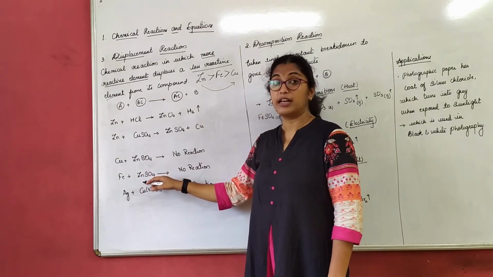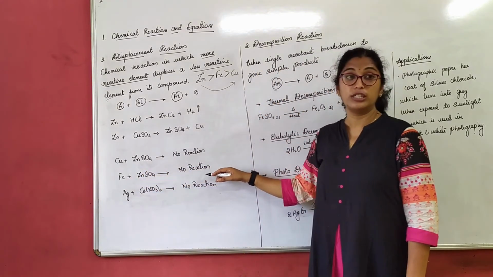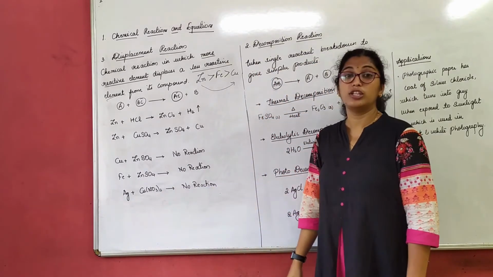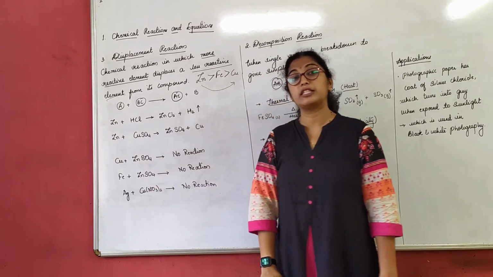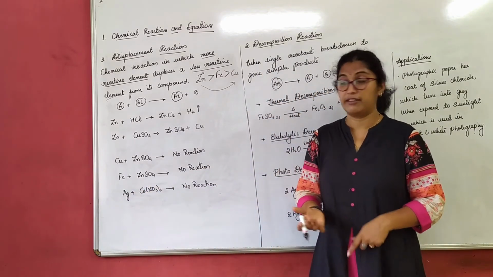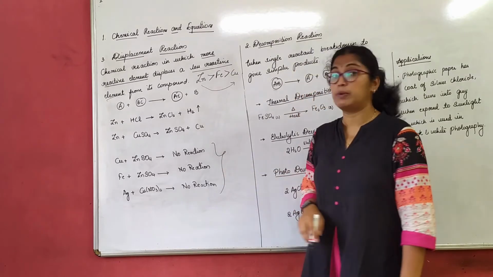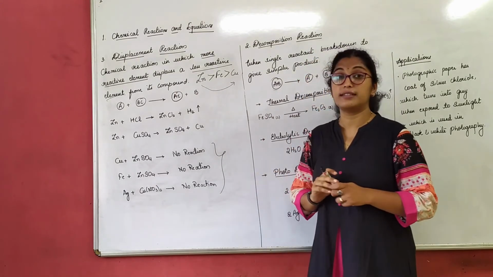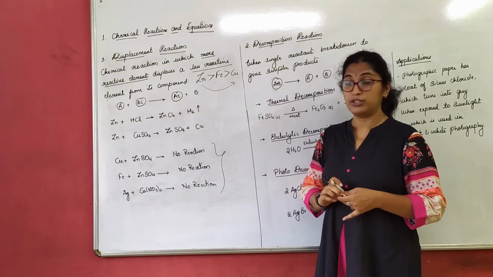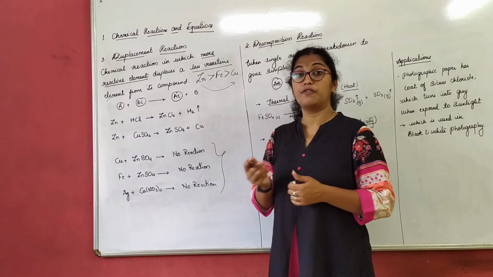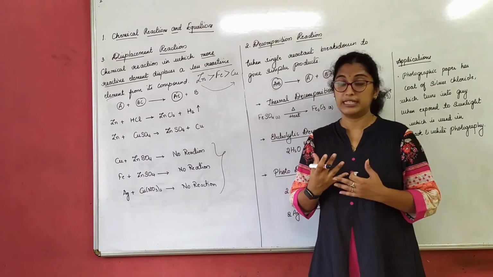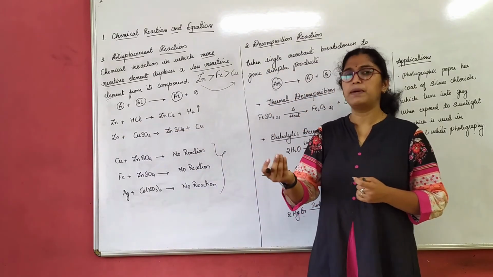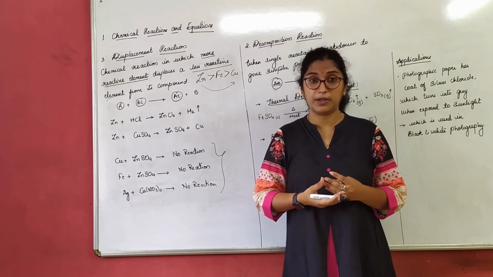Iron plus zinc sulfate: iron and zinc, no. So no reaction takes place. Silver and copper nitrate: no reaction takes place, where silver cannot replace copper. Copper is much more reactive than silver. So everything will not get displaced here. Only the more reactive element displaces the less reactive element, right? So did you understand the meaning of precipitation and deposition? Yes. There are experiments for this also. We will see them; they are simple experiments. These can even be done in your laboratories also.